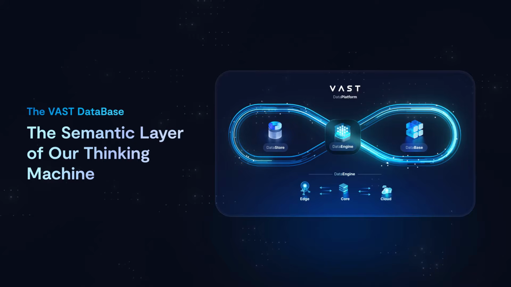And now we're really excited to take the covers off of the Vast Database. The Vast Database is essentially a critical component of the Vast Data platform, and it really allows us to apply the contextual or semantic layer into the system such that as we're refining data through the data platform and working with very rich forms of unstructured data, we can now apply a semantic understanding of that data in both transactional context, meaning we can receive flows of data in real time, but also in analytical context so that we can really process and analyze that data in real time as it's flowing